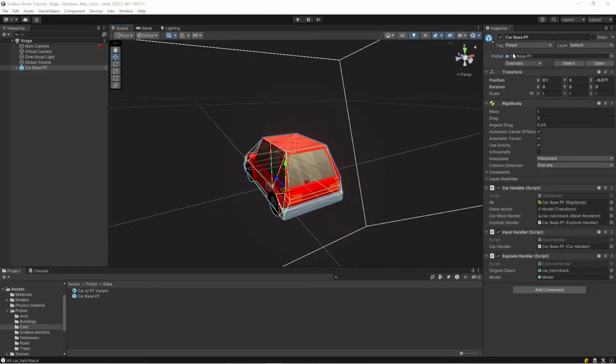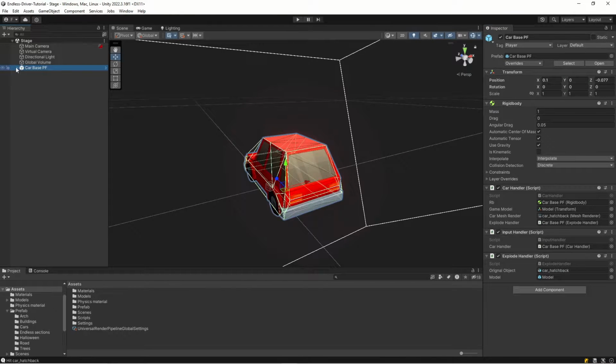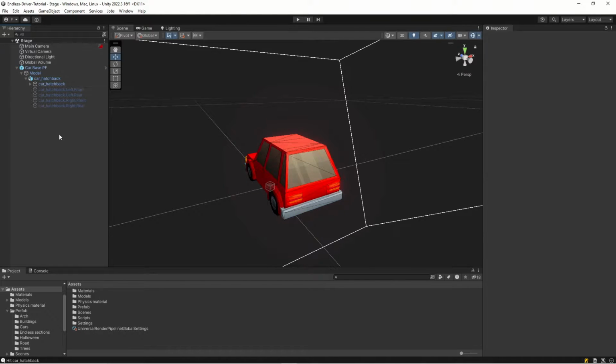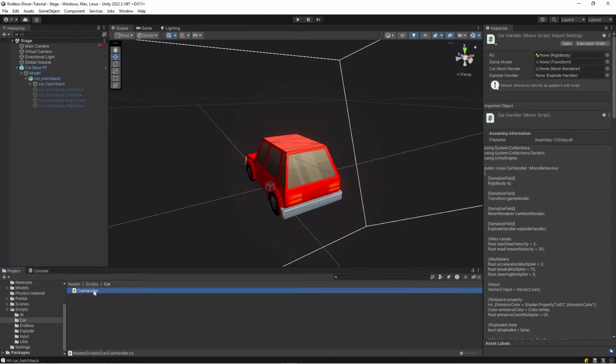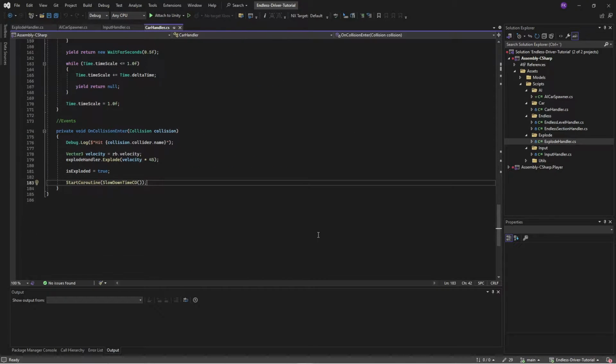So to make that work, we need to create a new tag so we can differentiate between a car and a car part. So let's add a tag for that, and we'll call it car part. So now we have the different parts that will get this tag, but we will change that in the code as well. So let's actually go back into our Visual Studio, and let's open the car handler. And the car handler contains our code that handles the case when we are slamming into things and we are exploding. So let's actually delete this hit,